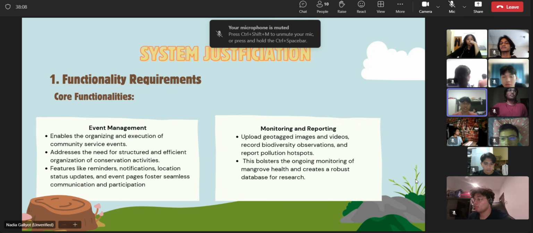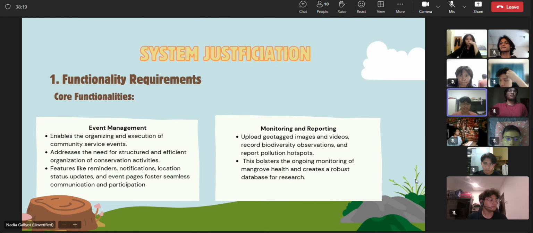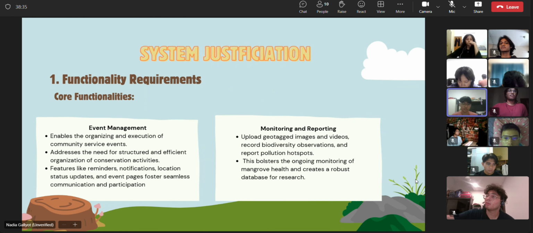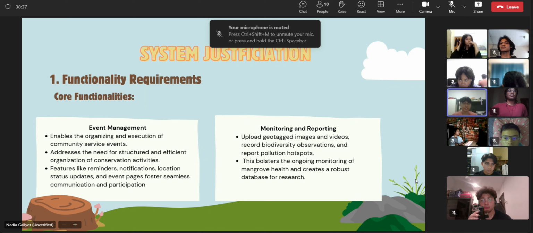So the first one would be the functionality requirements. There are 4 core functionalities. The first one would be event management. This enables the organizing and execution of community service events. And this also addresses the need for structured and efficient organization of conservation activities. Not only that, this also has features like reminders, notification, location, status updates, and event pages to foster seamless